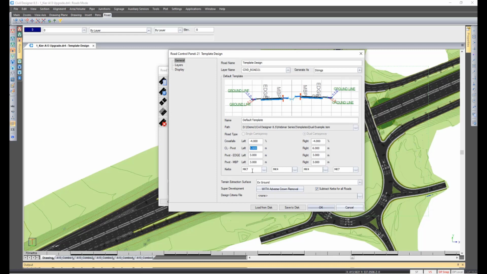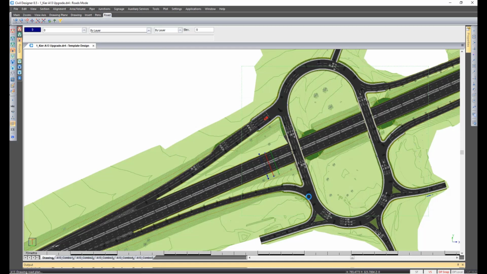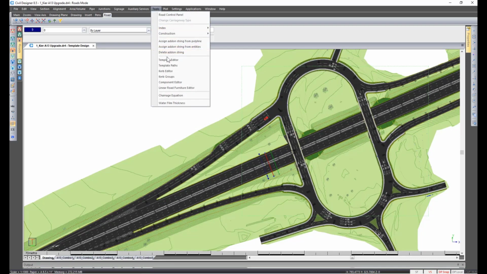One of the reasons why we are given the option to specify a template from the start of our road design is so that when we use the regression functionality, Civil Designer applies this specified template during the quick design process. If we do specify a template here, Civil Designer will automatically go to Tools, Template Paths, and populate the